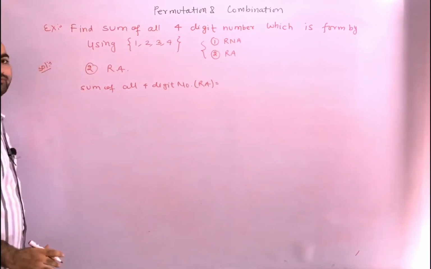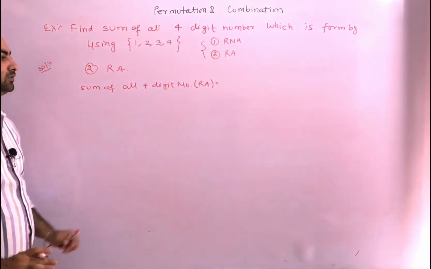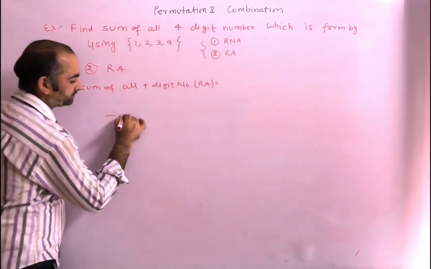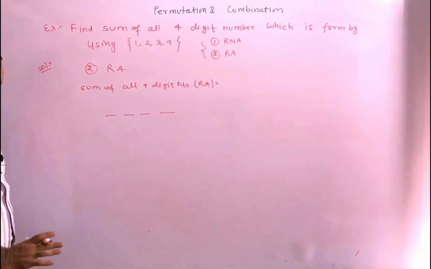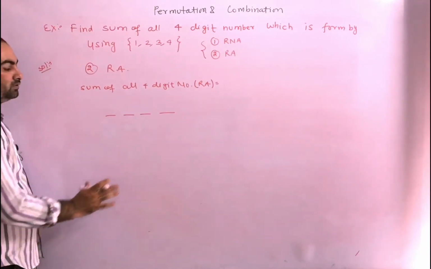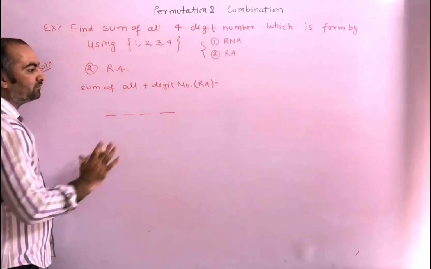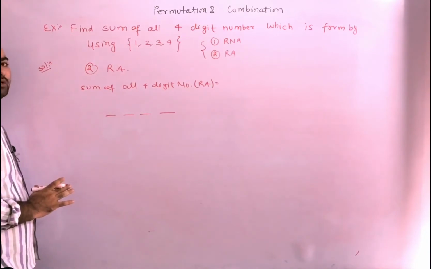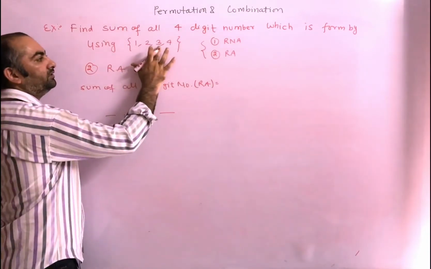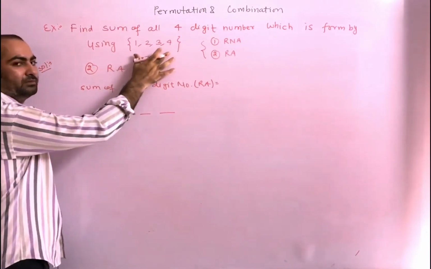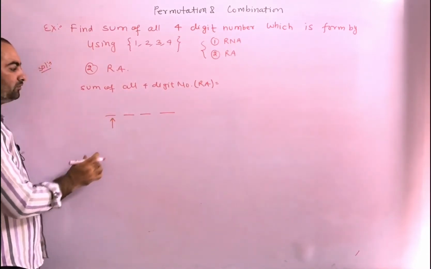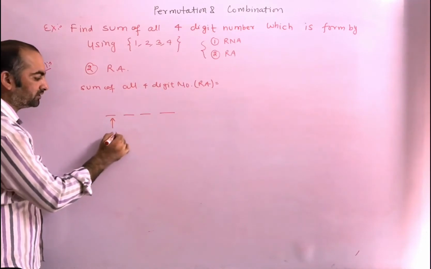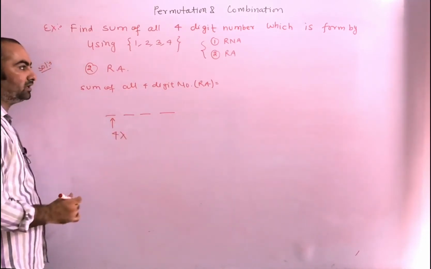Okay, so for solving this problem also, we are taking 4 places. First we find the total possible numbers. You have to fill all the 4 places because you want a 4-digit number, and the digits are 1, 2, 3, 4. Here 0 is not there, that means we can start from anywhere. Suppose you are starting from here. For filling this place, how many choices do we have? 4 choices. Again multiplication. Repetition is allowed.